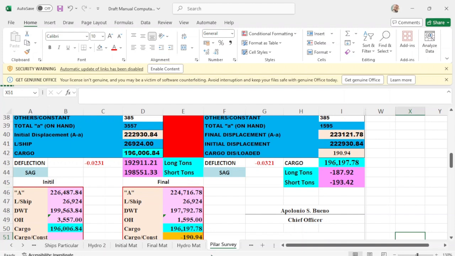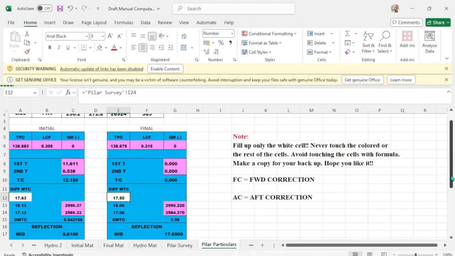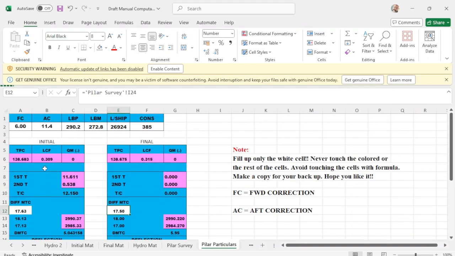By the way, to give you an idea, I have the ship's particulars. So in here, you put in the forward correction, the aft correction, the LBP, LBM, lightship, and your constant. Then in your initial, put here the TPC from your hydrostatic table. Okay, I'll show you how to get it. TPC.